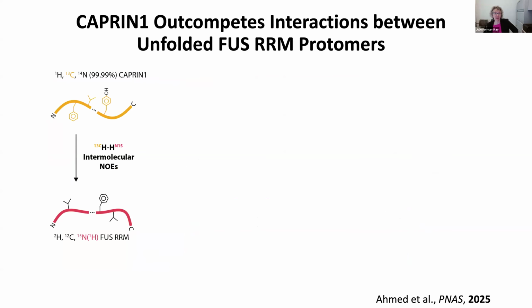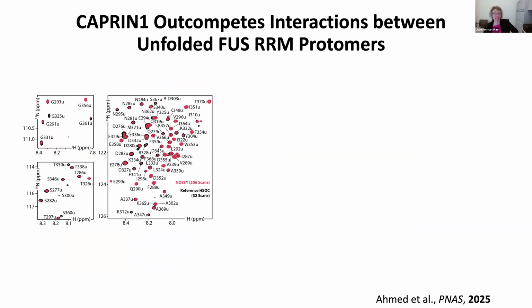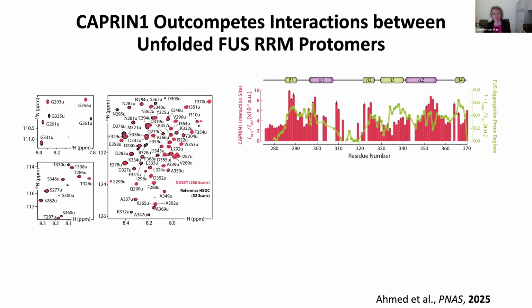And to look at that, we did a nuclear Overhauser effect, proton-proton NOEs, looking at carbon-bound protons on Capron to nitrogen-bound protons on the RRM. Basically, all of the carbon-bound proton signals were read out, the NOEs were read out in this 2-dimensional plot to the amide protons. And if you plot the intensity of all those interactions, Capron RRM interactions to the unfolded